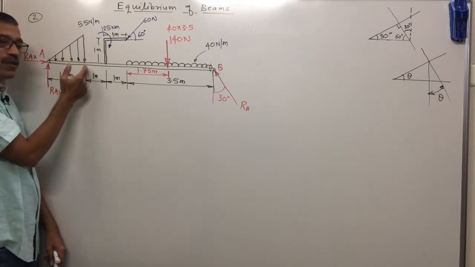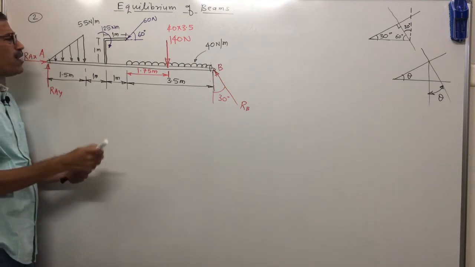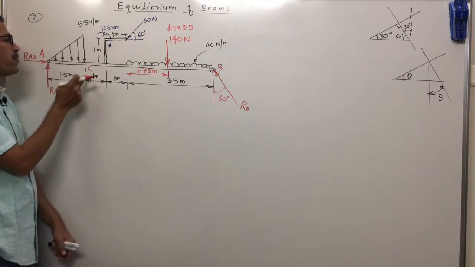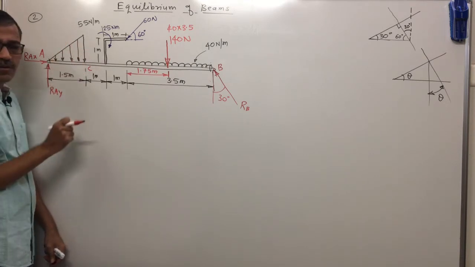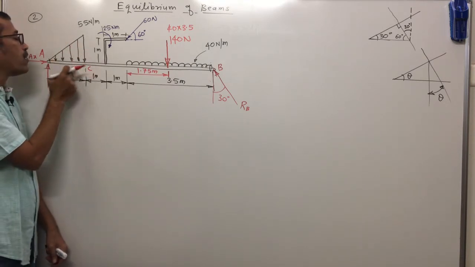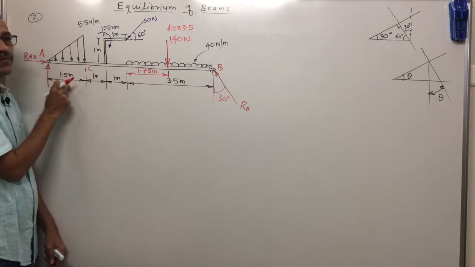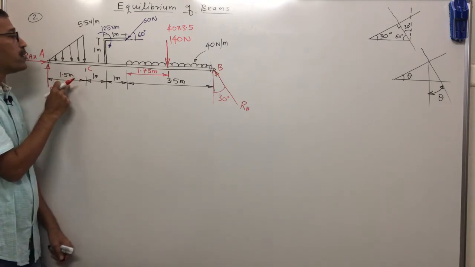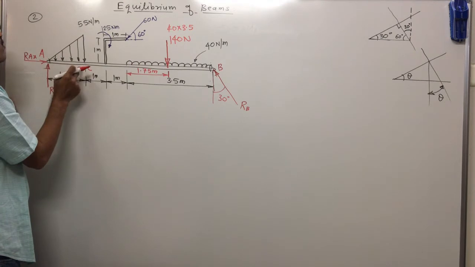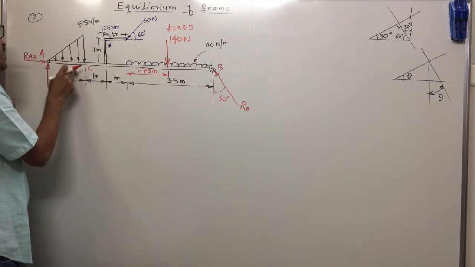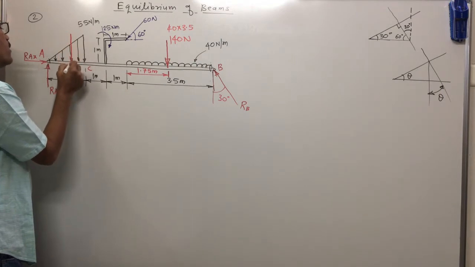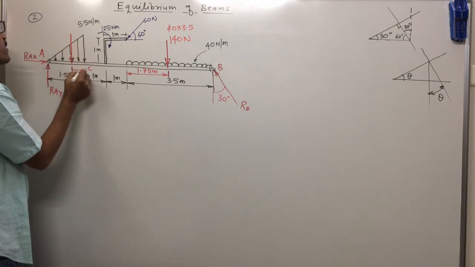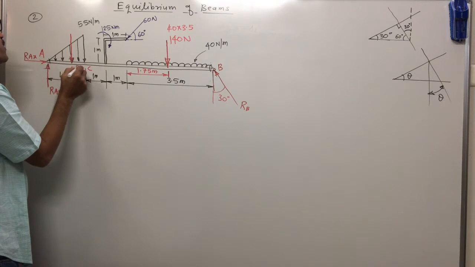Equivalent of UVL will get nearer to maximum load. That means nearer to this point. Name of points are not given, I will put here, say point C. From C nearer. Nearer how much? It is same as that of centroid of right angle triangle: 1/3 of its span, 1/3 of 1.5. How much? 0.5. Means from C 0.5, from A 1 meter, I will represent here this load where this distance is 0.5 meter